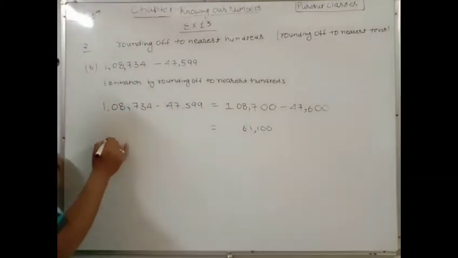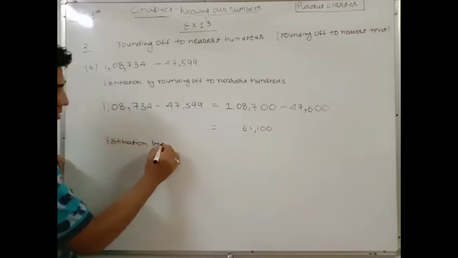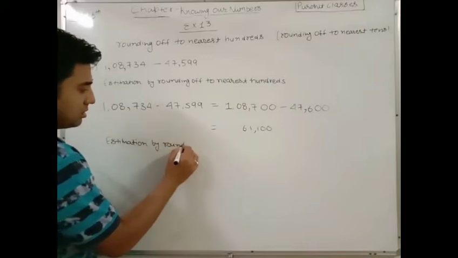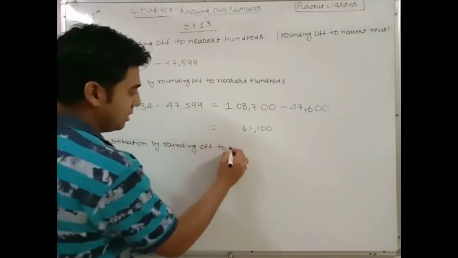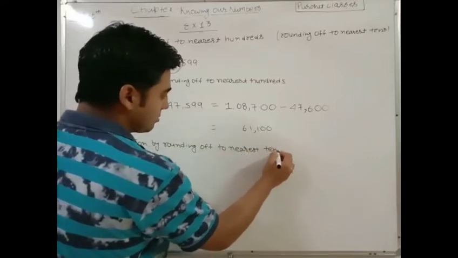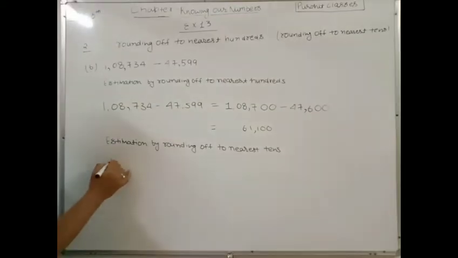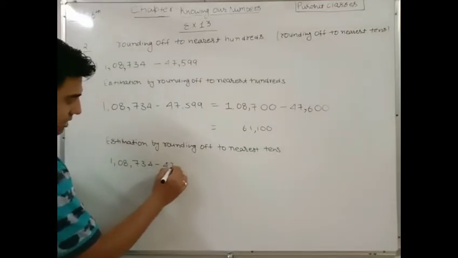The second part, estimation by rounding off to nearest tens. Let's see again. This is 1,08,734 minus